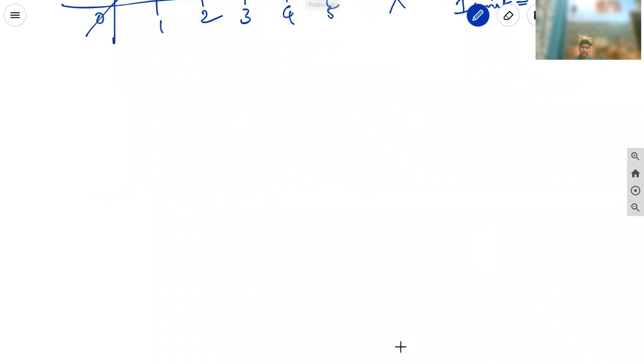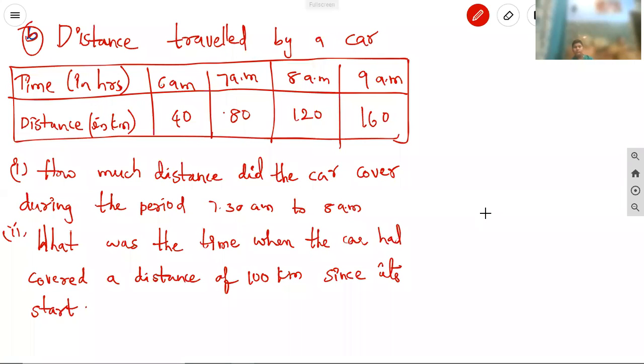The second question. Second problem, distance traveled by a car, time in hours, distance in kilometers. 6 a.m. 40 kilometers, 7 a.m. 80 kilometers, 8 a.m. 120 kilometers, 9 a.m. 160 kilometers. Okay. Now we can draw the graph, that is on x-axis,